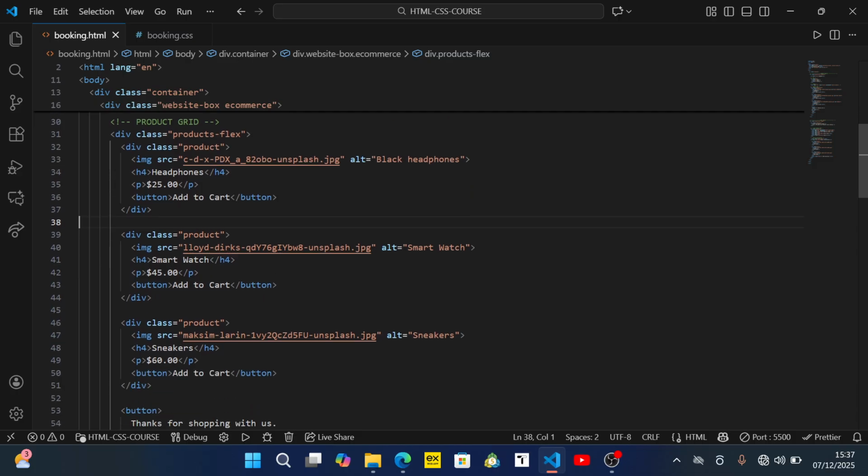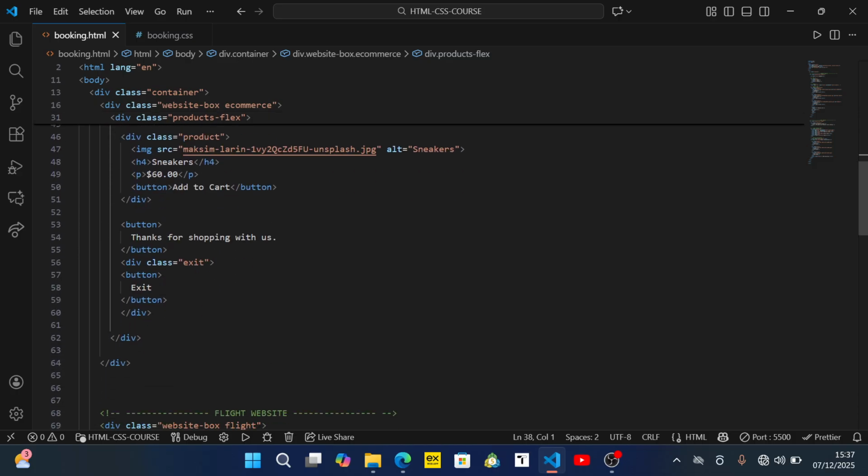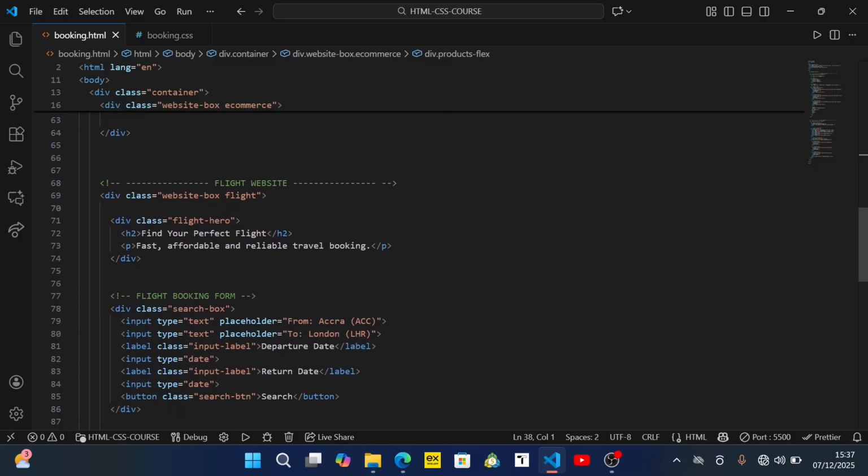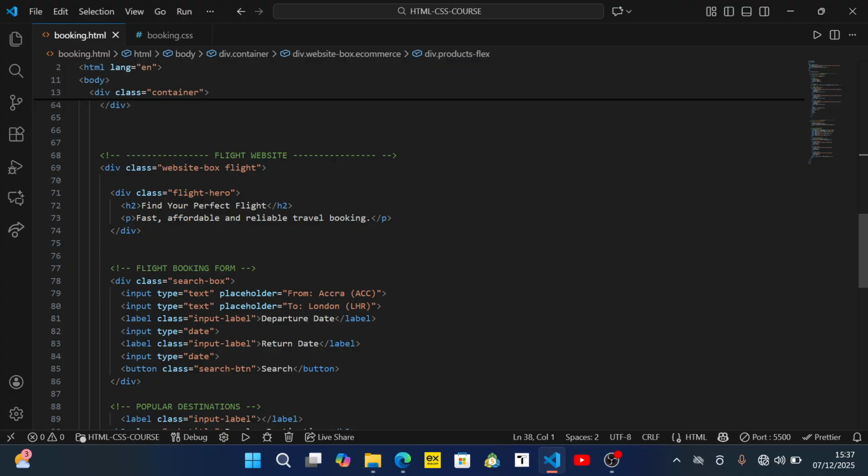Okay, so we also added a button thanking the customers for shopping with us, and also we have our exit button. So let's quickly run through the flight website. So as we did for the